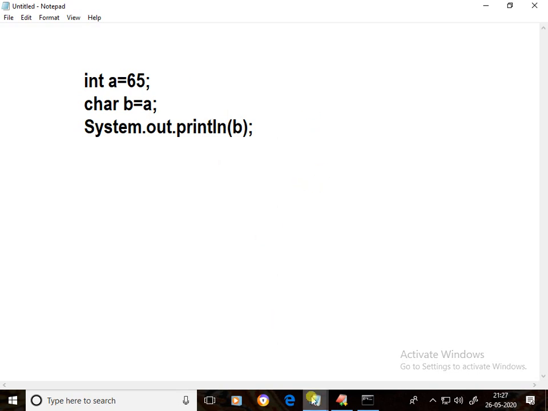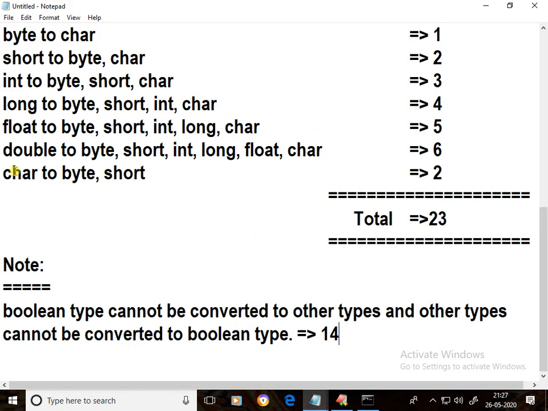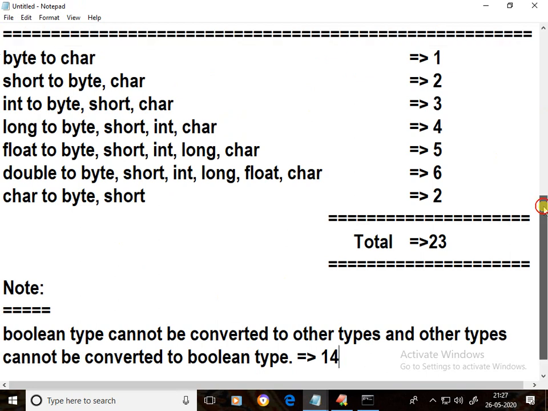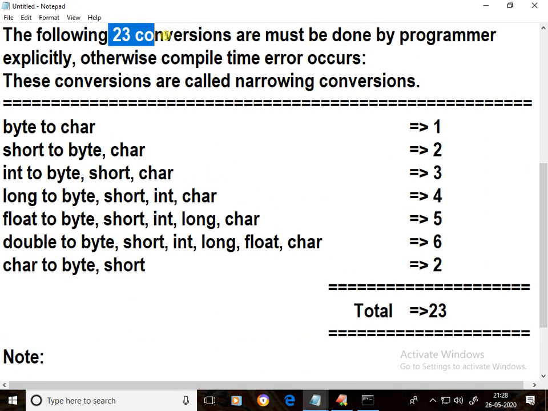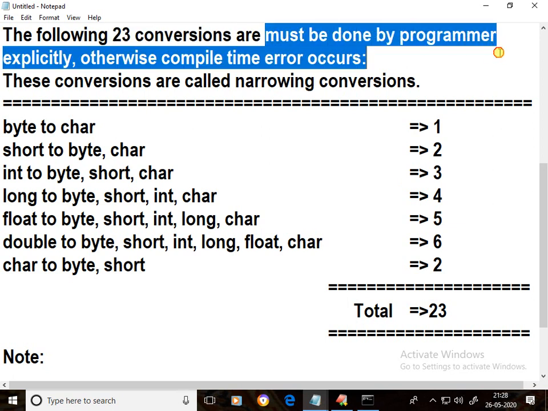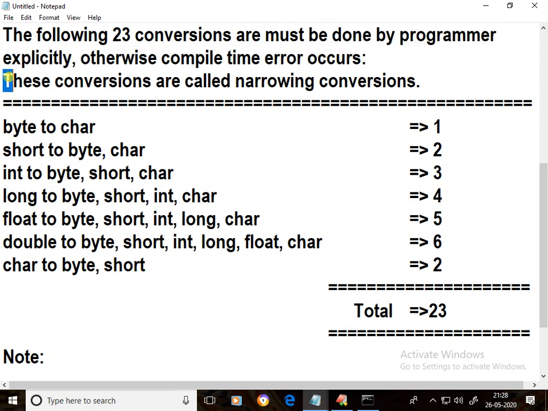See, integer to character comes under 23 conversions. These conversions must be done by programmer explicitly, otherwise compile time error occurs. These conversions are called narrowing conversions. Okay, I'll show in a program.